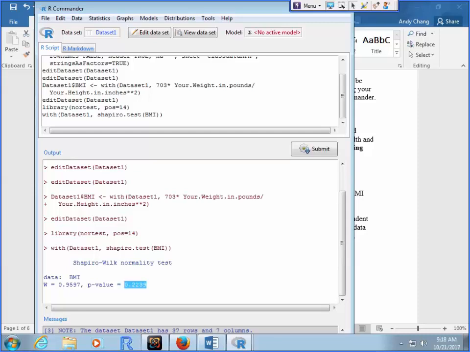Now, if this assumption is not valid, meaning you have a p-value less than 0.05, then you'd use a non-parametric test. However, you probably heard in my lecture that the t-test is somewhat robust against non-normality. That means if your distribution is not quite normal, the t-test still performs pretty well. So you get a p-value of maybe 0.012 or 0.023, that's less than 0.05, and your t-test is probably still pretty powerful. But if you have 0.000 with many zeros, that means you have data so extremely skewed or something,